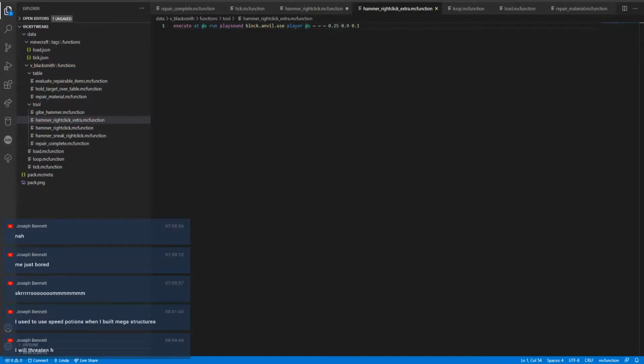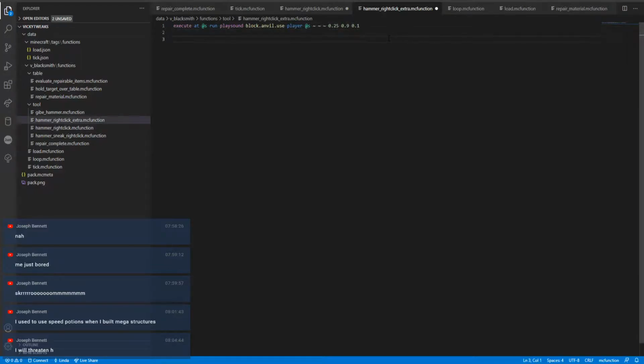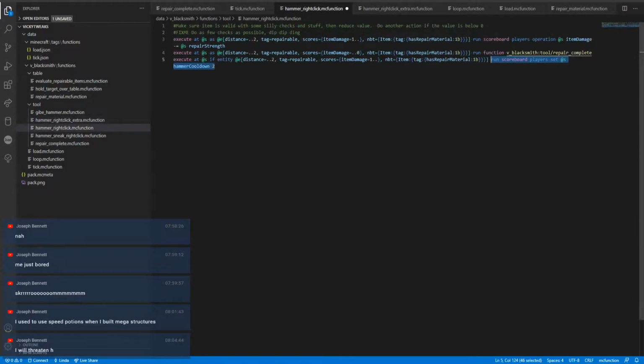We don't need to do any check. So we'll just do execute at self, run play sound for the player at self. Perfect. Right click function. We will take this one, copy it into here. Bam. And then stick an execute at self on it. Bam. Alright. No check is being performed anymore. It's just doing the things. And now here...